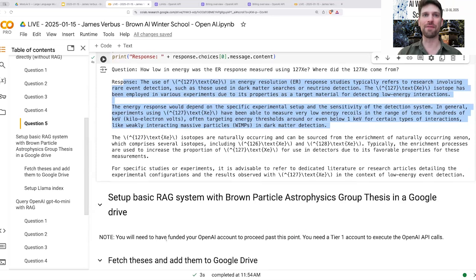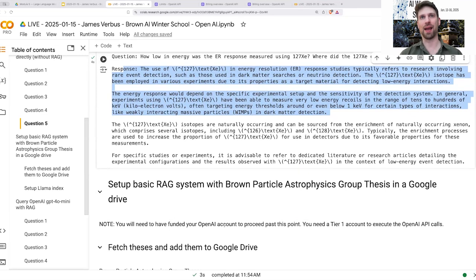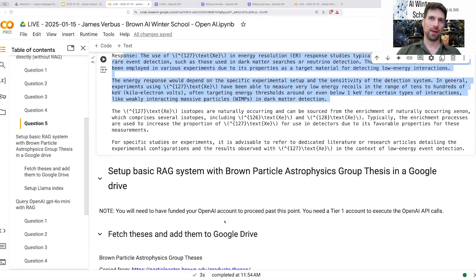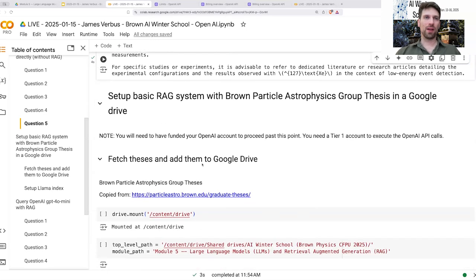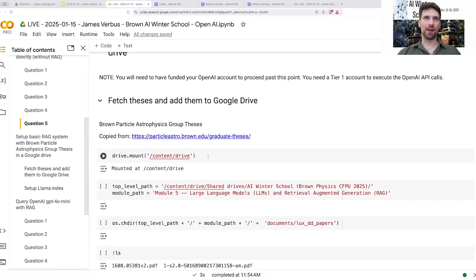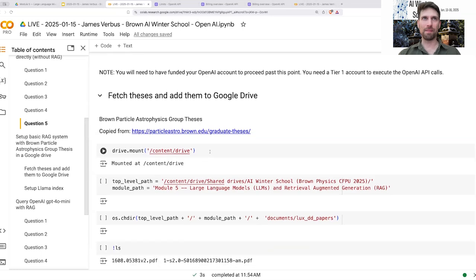And this is where you'll definitely need to have funded your OpenAI account to proceed. So the first step here is we're going to need to mount. I think in other modules you've likely done this as well. I think in the README there are some directions, but basically we're going to need to use the Google Drive utilities to mount the